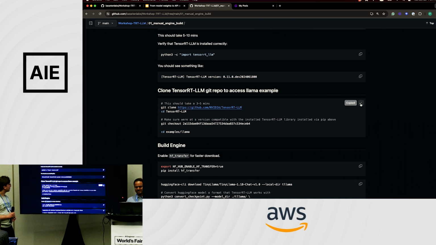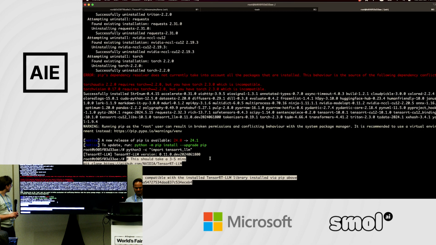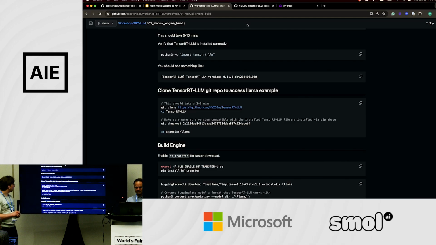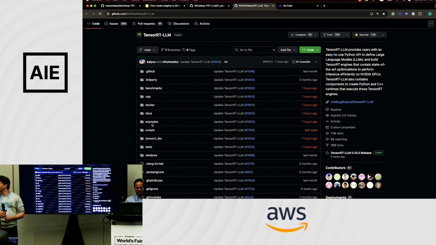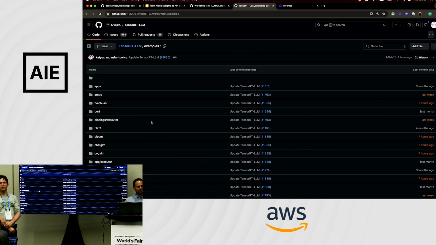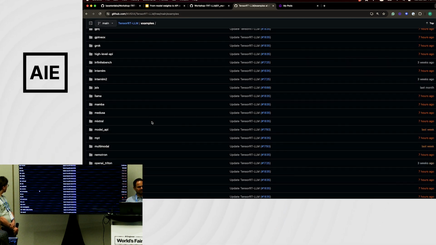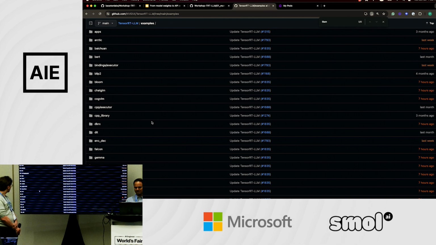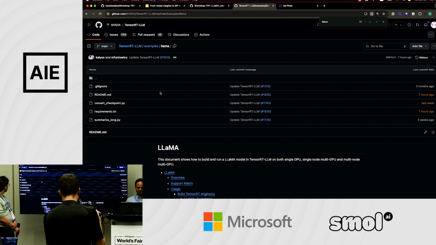Now we're going to clone the TensorRT-LLM Git repository where a lot of those examples are. And I'll show you those examples while this cloning happens. It shouldn't take that long, maybe a minute or so. But TensorRT-LLM has a lot of examples. If you go to the TensorRT-LLM repository, there is an examples folder, and there are a ton of examples. Like Philip mentioned, there are about 50 examples. And we're going to go through the llama example here. So if you search for llama, that's the one we are going to look into.